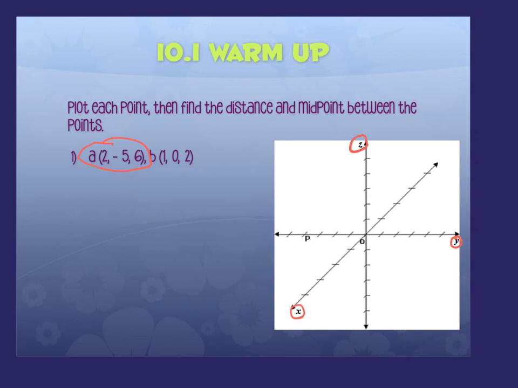So if I want to move 2 on the X, I'm going to come forward 2, 1, 2, and I'd be here. If I want to go -5, that means I'm going to the left 5, 1, 2, 3, 4, 5. I'd be all the way over here. That would be 2, -5. And then up 6, 1, 2, 3, 4, 5, 6. And that would be point A. Point B, 1, 0, 2 would be forward 1, not right or left at all, and then up to 1,